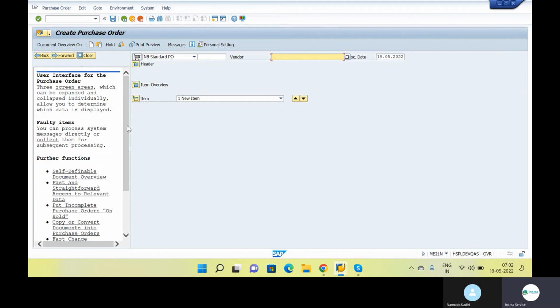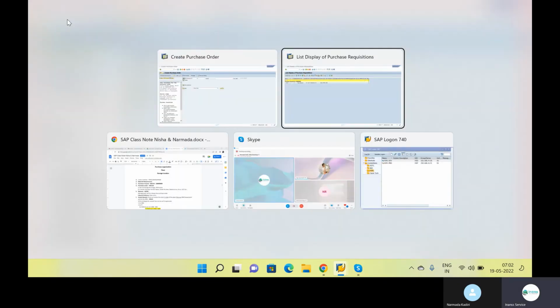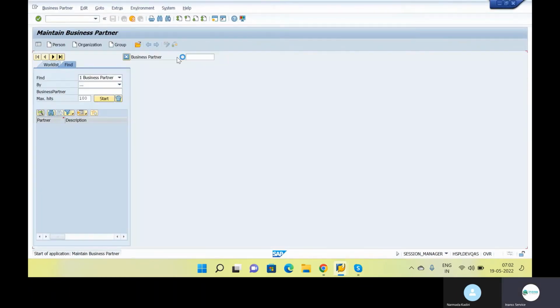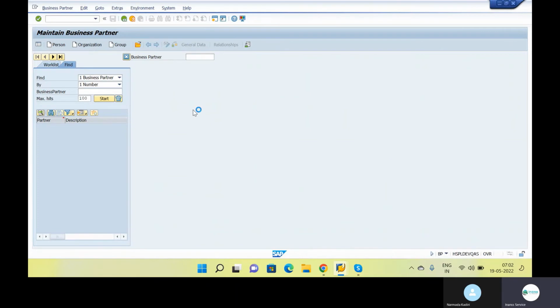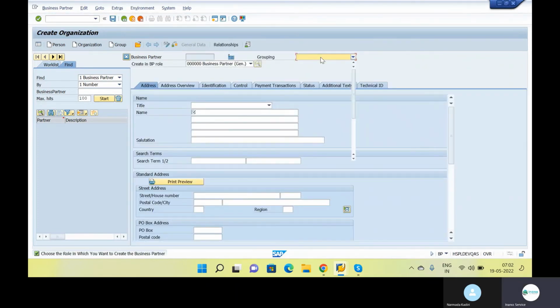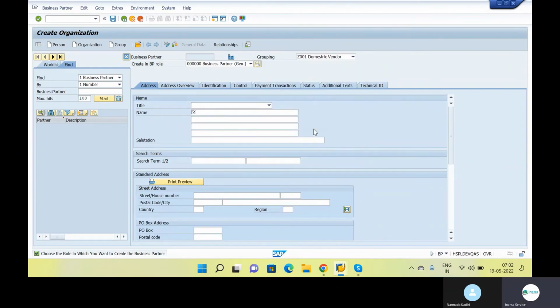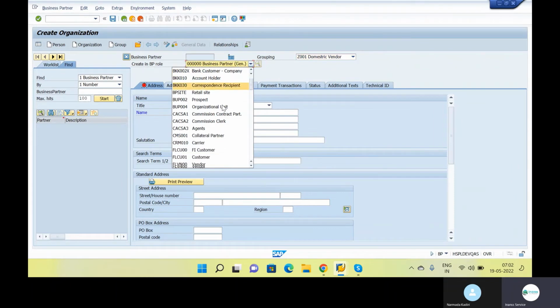So before we raise this purchase order, we will extend our vendor, or else we'll create one more vendor master from whom we want to purchase this material. Where can we create the material master, and where can we create the BP? In the BP transaction code itself, I'll create one organization. As per our test, we have domestic vendor and import vendor. We'll choose domestic vendor, and this is